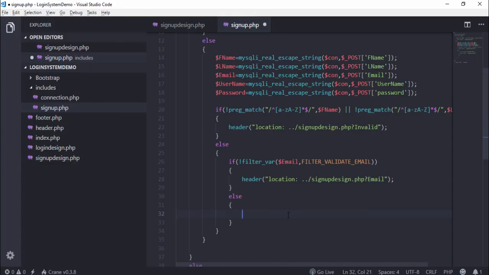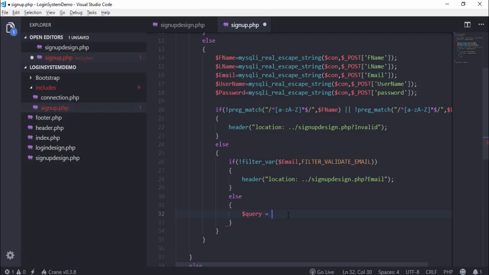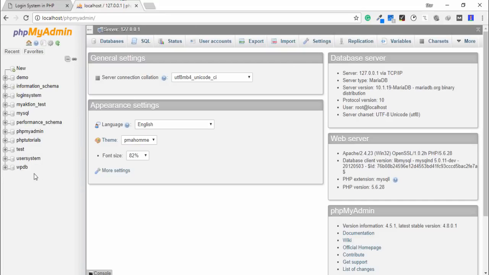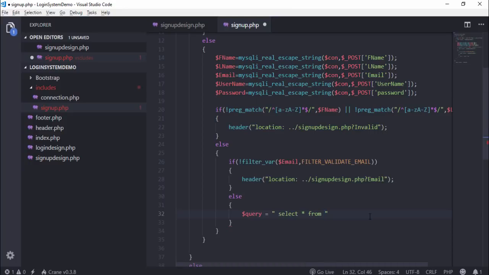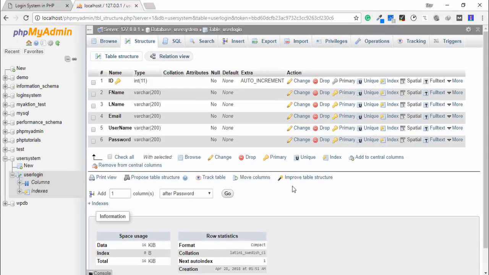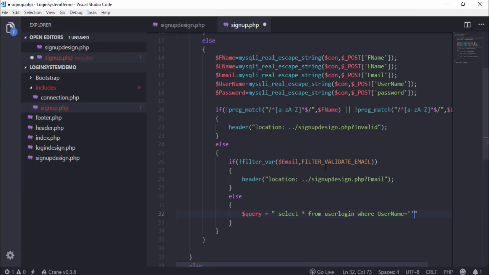In the else statement I just check the user available or not in the database. So first of all we write the query, this is a query variable, and I call the double quotation, and I use select star from, my table name is, guys, just a minute, I check the table name. My table name is user login. Okay, this is a user login. This is a where keyword, and I check the user name, so I call this column name username equal to